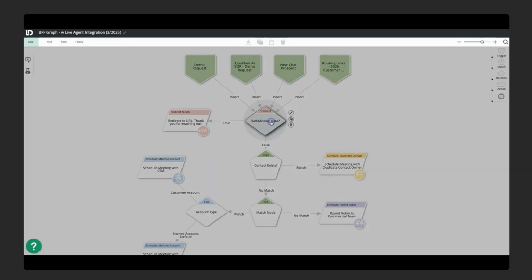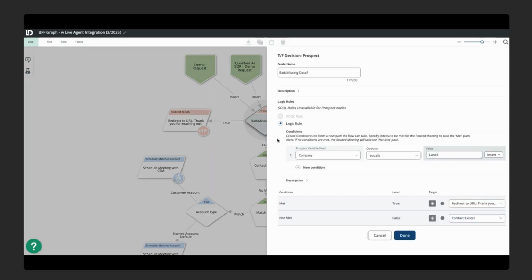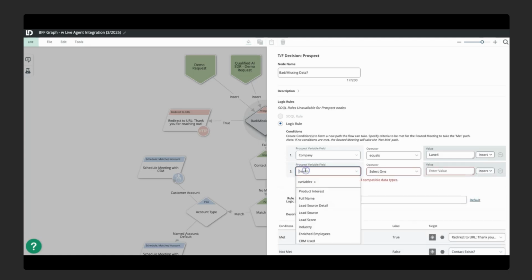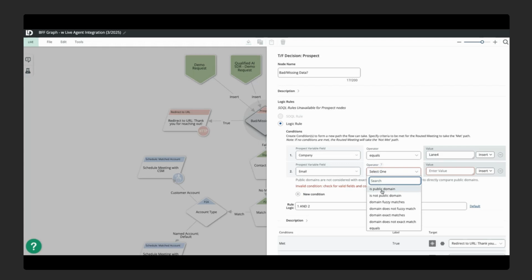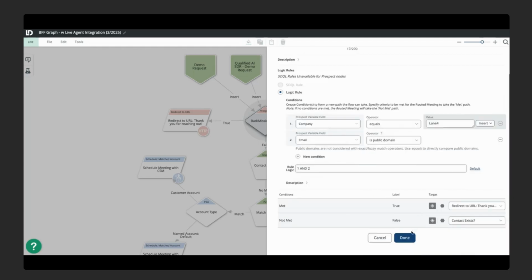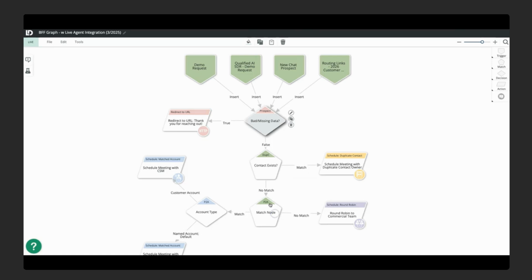Many customers will also reject a strong percentage of prospects. Maybe they've given you an email address that contains a personal domain. Well, LeanData maintains a list of public domains globally that you can leverage. Even more customers, if they don't match to your account, may choose not to schedule a meeting with you. Not to say they won't chase after that lead later, but if we don't know who you are or who your account is, we may not want to roll out the red carpet and schedule a meeting.